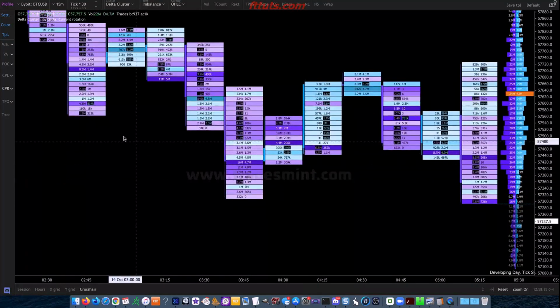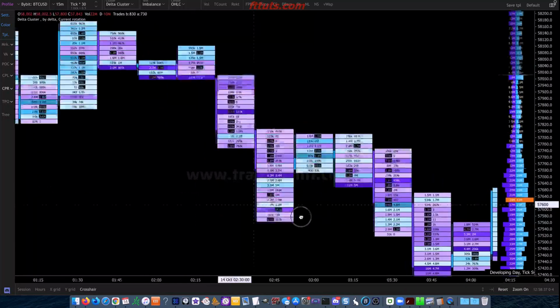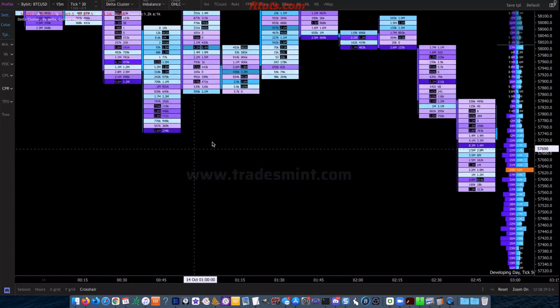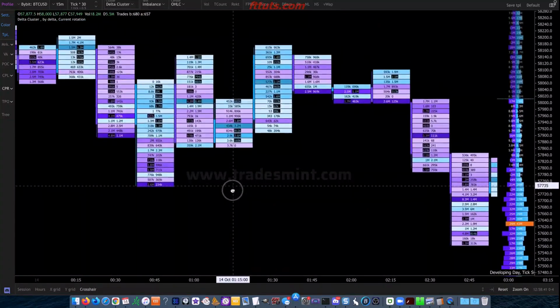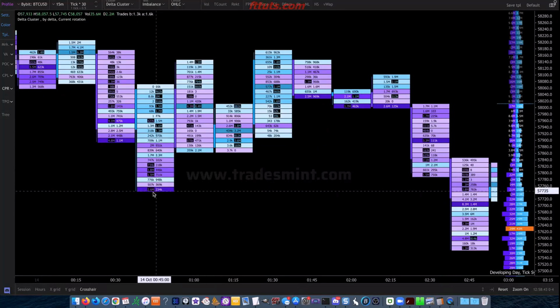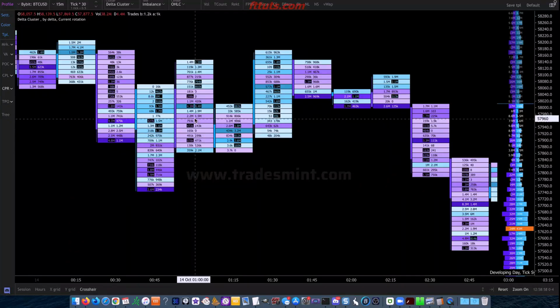So if you see a lot of imbalances, and we're going to get into this a lot more later in the sessions, here's a good example right here. If we see down at the lows that there are millions and millions of imbalances, we have 2.6 million more sells here, 1.9 million, 1.8 million sells, 730,000,